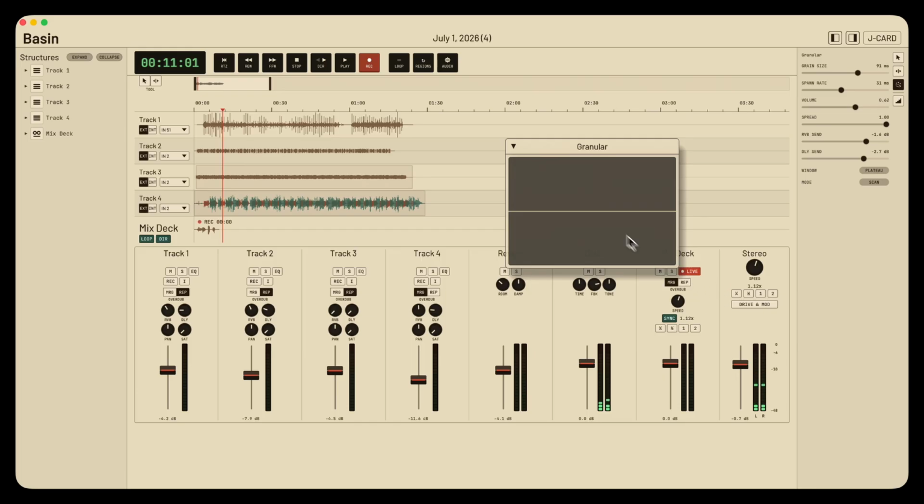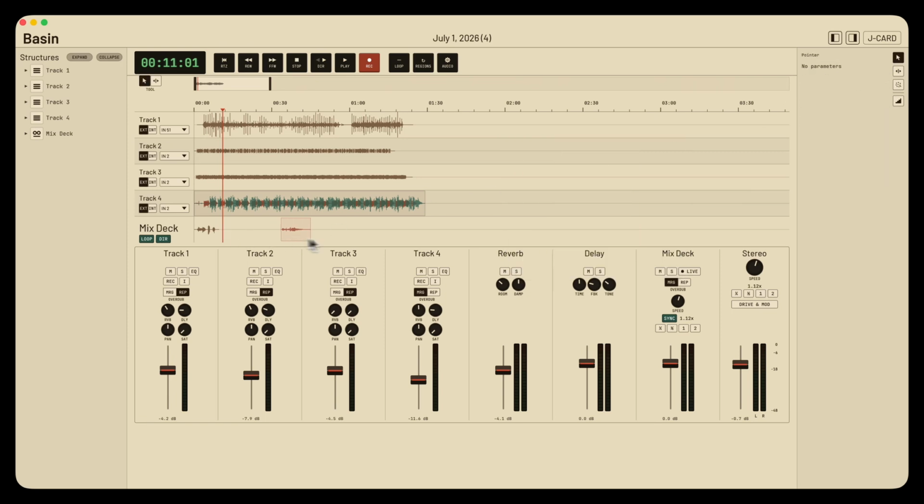You can also capture the granulator to the mix deck. One caveat is that you can only capture the granulator to the mix deck right now. But I've run into a lot of instances where I want to be able to capture that to a mono track, to select it as an input source onto a mono track, especially where